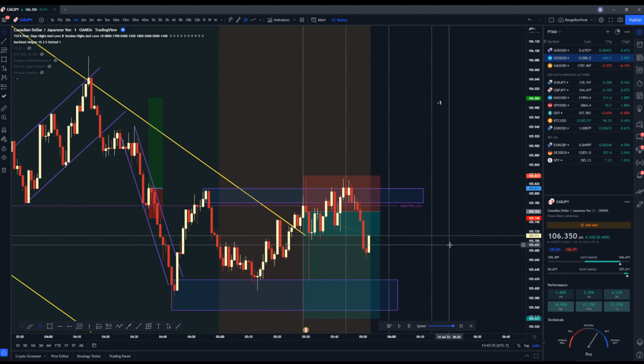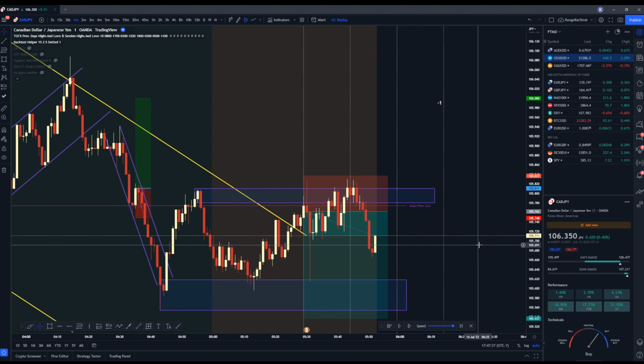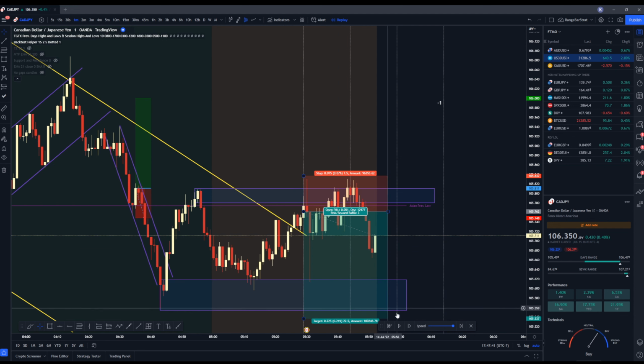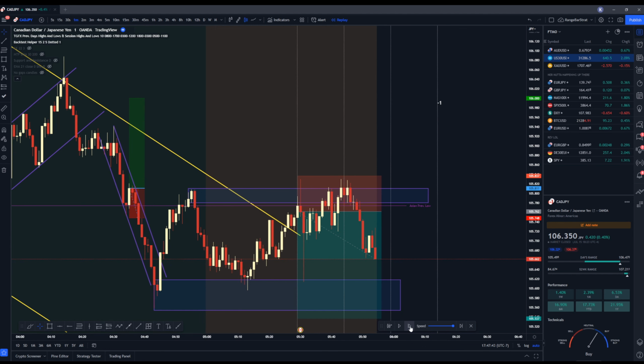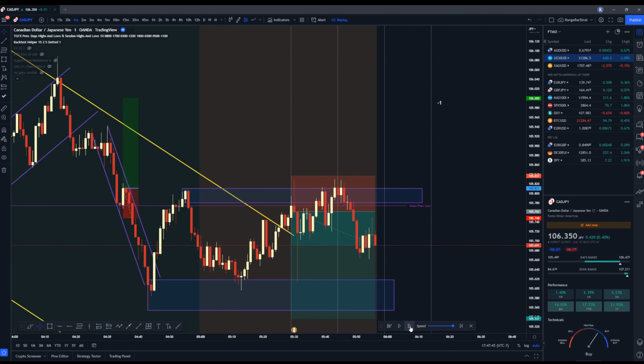So here we could choose to break even if we want to. I still think that we have to run this low, especially with this wick here now, and we've been away from it for a little while, but let's see what the next 2 or 3 candles look like.